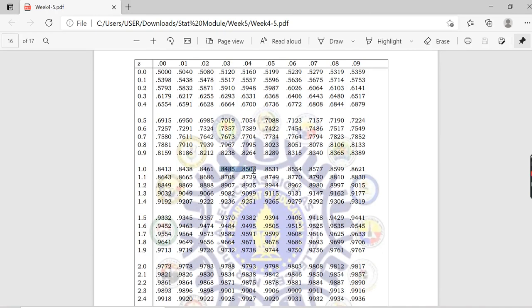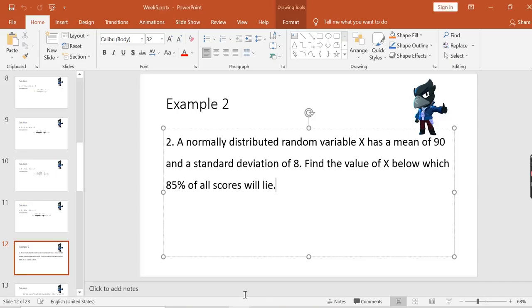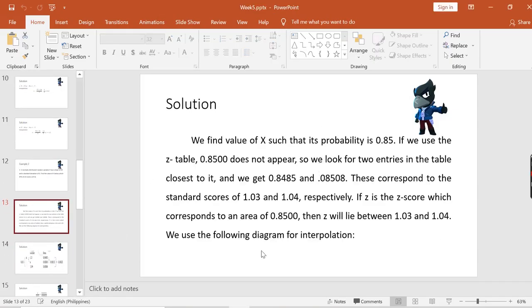If we notice, there is no exact 0.85 value. The nearest values to 0.85 are 0.8485 and 0.8508. So we will get those values. Okay. So we find the value of